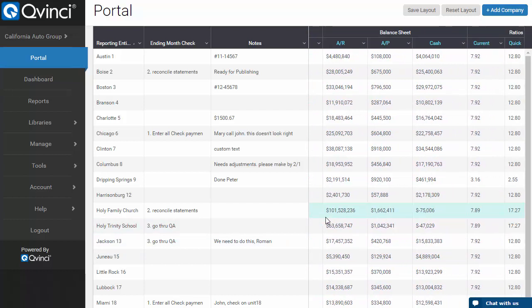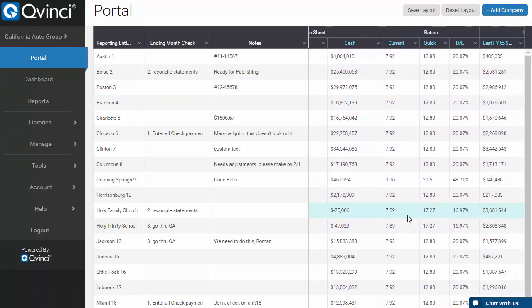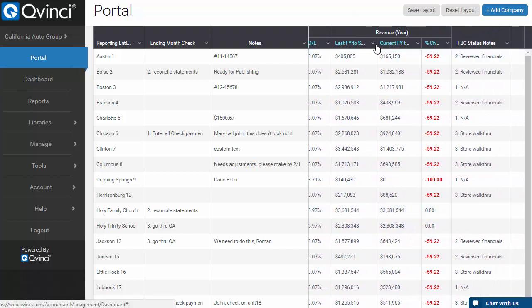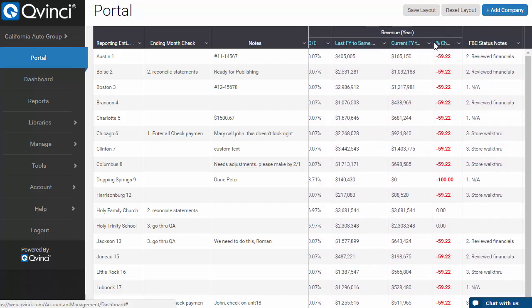So imagine that you and your central staff are logging in and looking across the entities that you have. I should point out that each one of these entities may be running a different financial solution. This might be QuickBooks Online, Desktop Pro 2011, Xero, Excel. We're syncing the data from the plurality of file types and standardizing the reporting for you. As you and your staff navigate through, you can look at ratios and revenue last fiscal year to the same month. It's a period over period type report.